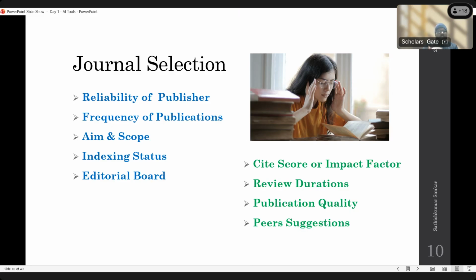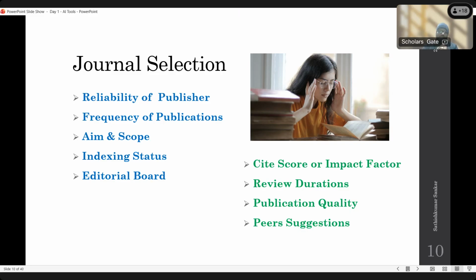So editor-in-chief, associate editor, assistant editor, editorial board members, this is the centralized editorial board format. Most of these low-quality, cloning and predatory journals do not showcase this on their web page. So based on the editorial board, we can also identify the quality of that particular journal. So we can also consider the editorial board.